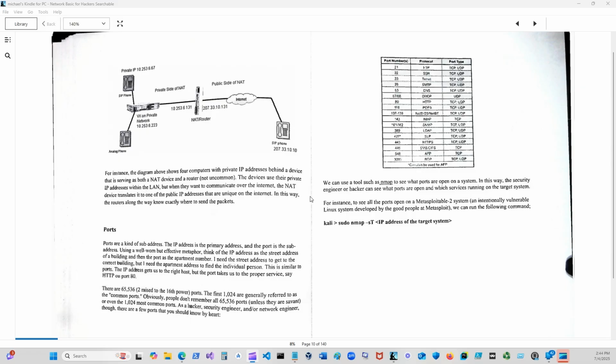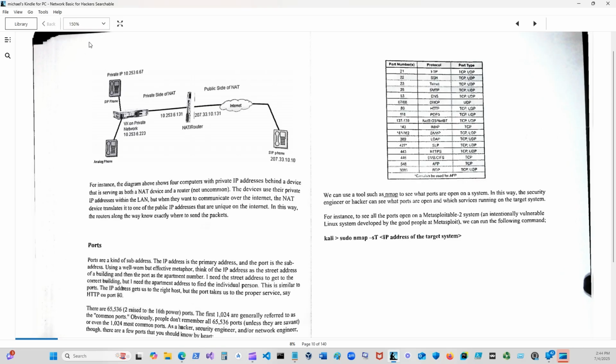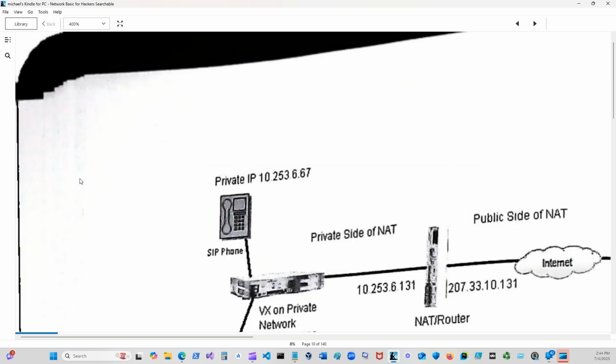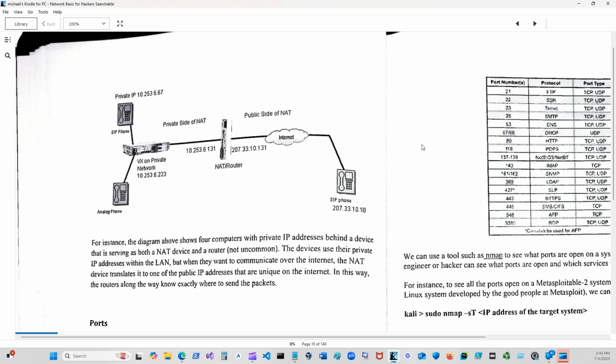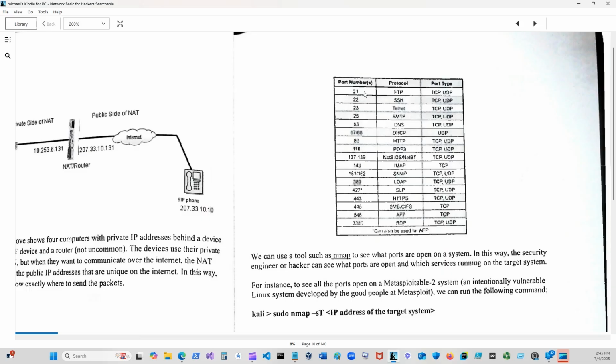Now we can zoom into these. Let's go into 150. Let's go into 400. Let's go into 200. And then scoot this over. Alright, you can't really see this, but